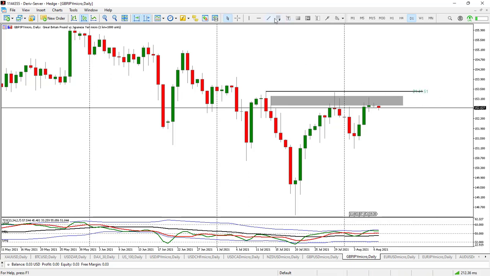And then we have another flip zone, which is this one, where the market tested the 50% of this candle,